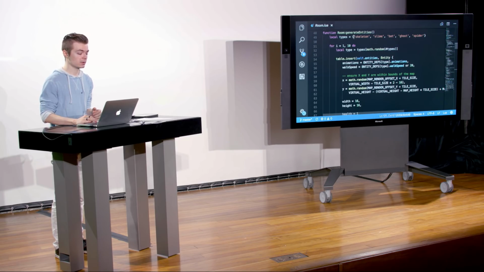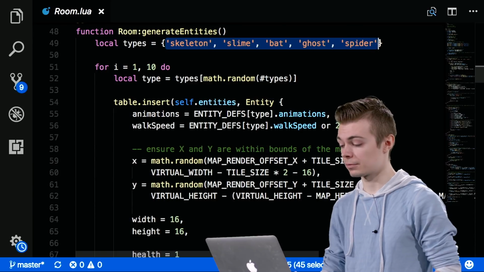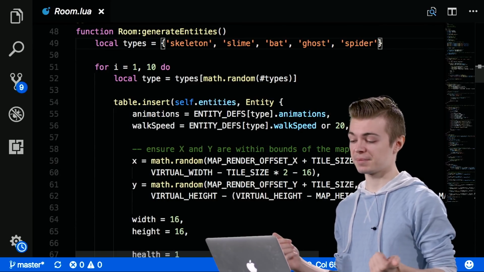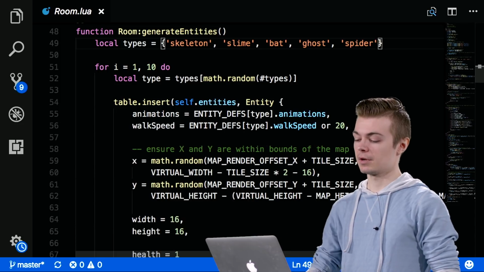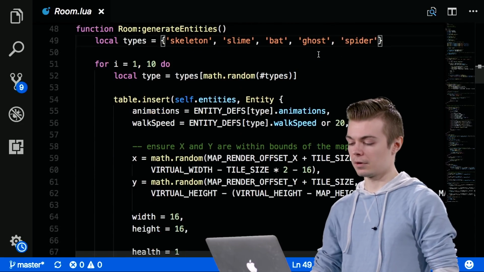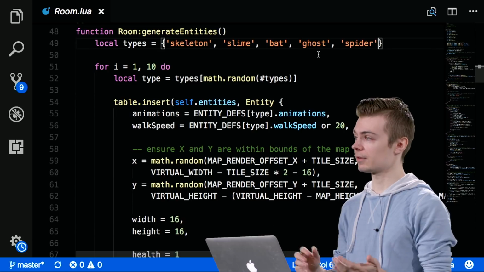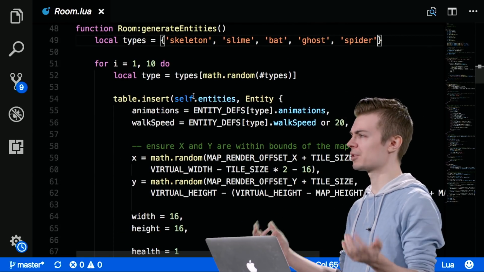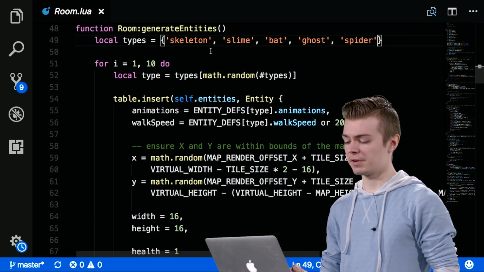So, 48, we have generate entities. So entities are here. We have their names, right? Some of the entities we saw: skeletons, bats, slimes, ghosts, spiders. It's a very lightweight function. It's like 15 or 20 lines, but we're generating a bunch of different kinds of entities, because what we've done,